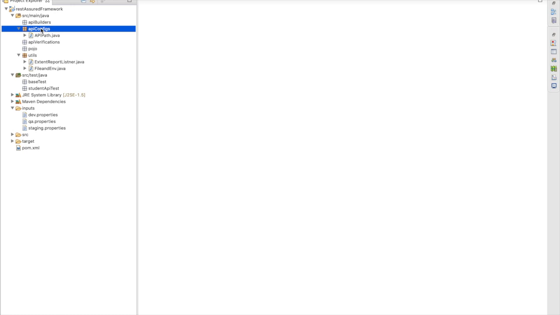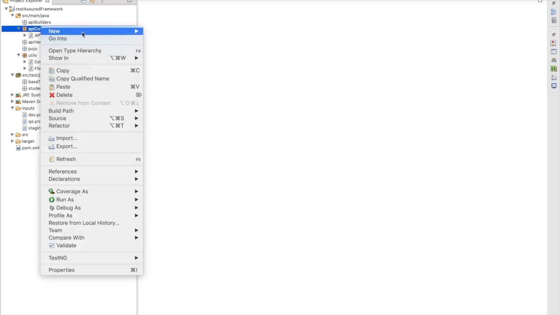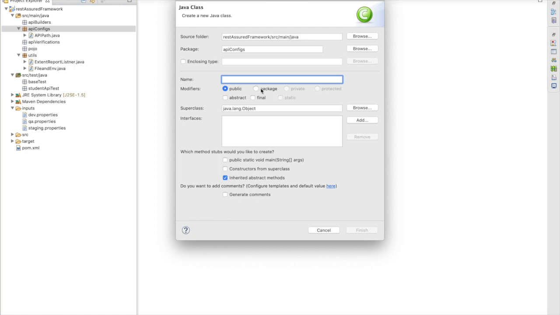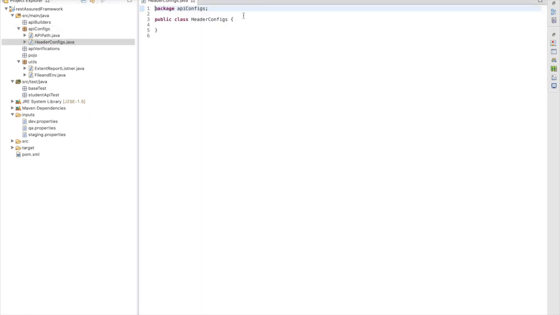So what we are going to do is create one class for header configs. Create a new class under API config, which will be my header configs. So we have created the class.